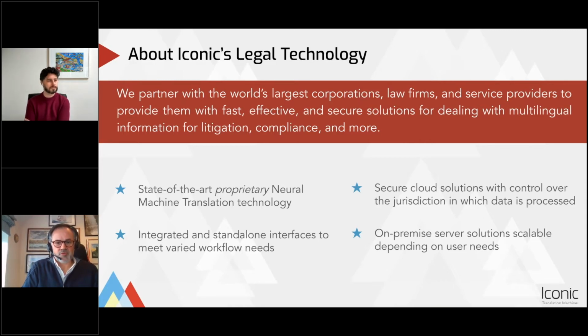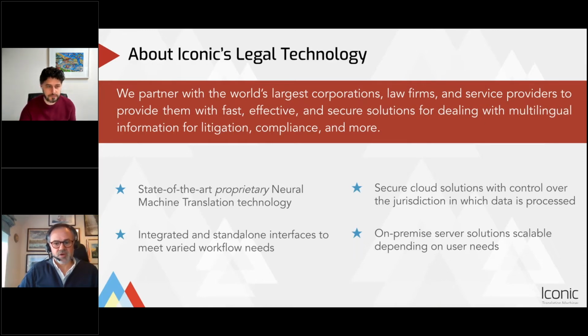What's different about us is that it's our proprietary neural machine translation technology. We're not rebadging somebody else's, which is important to you as users or prospective users.